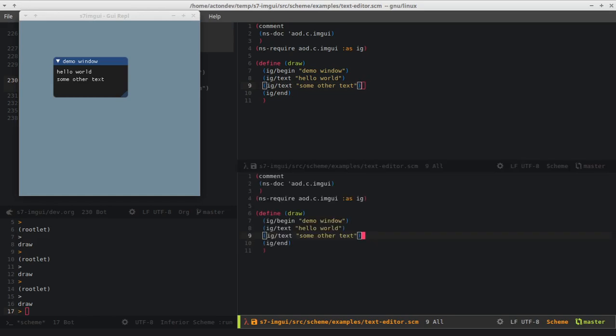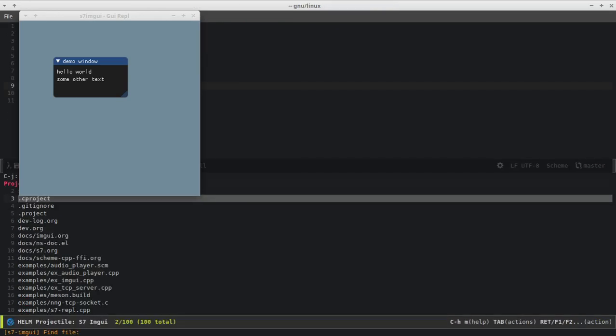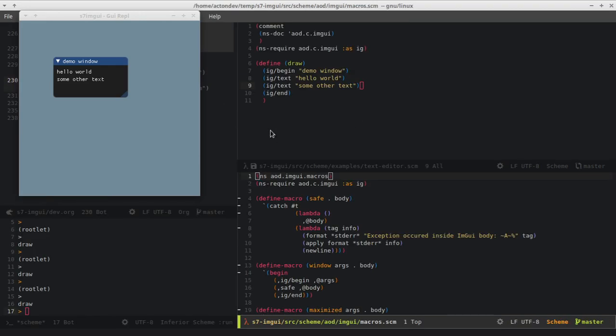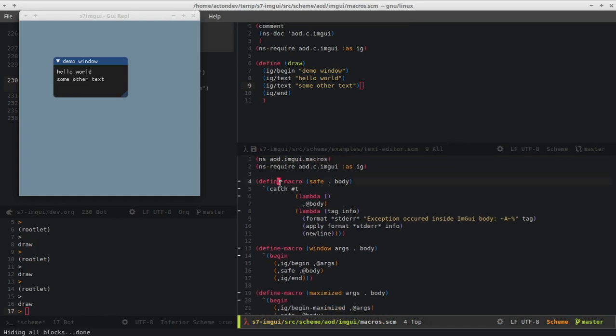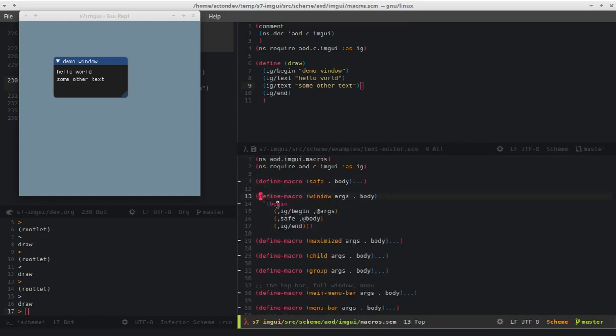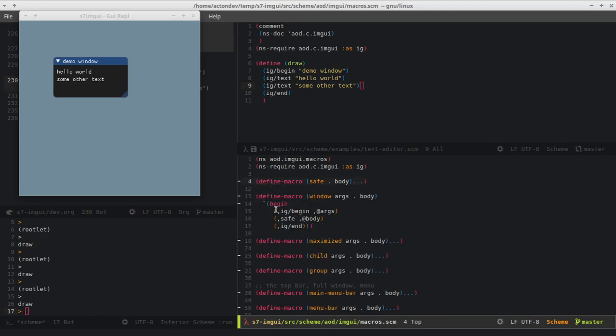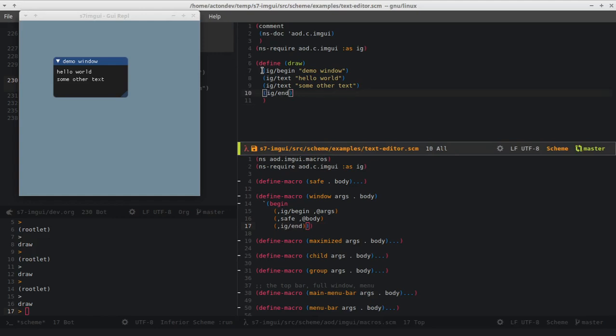Okay, but now let's see the power of Scheme and why I think Scheme and ImGui can work really well together. So we have the window macro, which essentially wraps our body around the begin and end function calls. Now here the safe is just to catch any possible exceptions so that we will always call end after that. So instead of doing that,